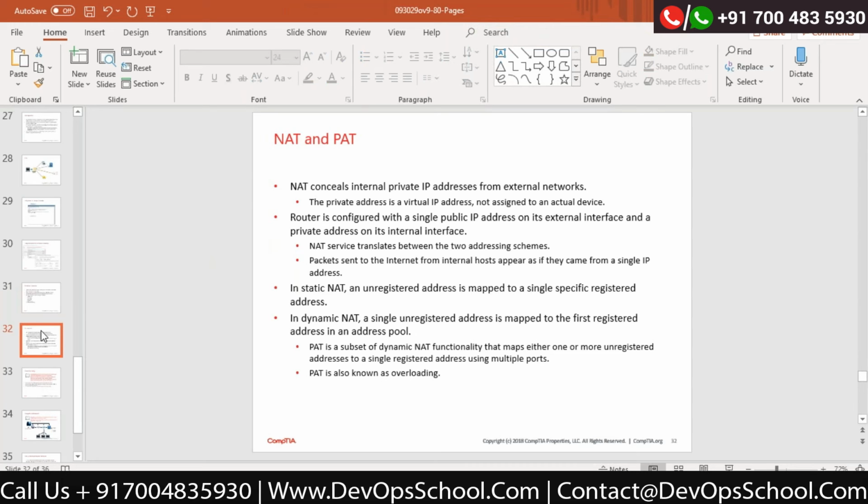NAT and PAT. Now NAT stands for network address translation and PAT stands for port address translation. Now this is a concept. Okay, now network address translation will help us to hide our private IP addresses from the external network. Correct? Now NAT means currently